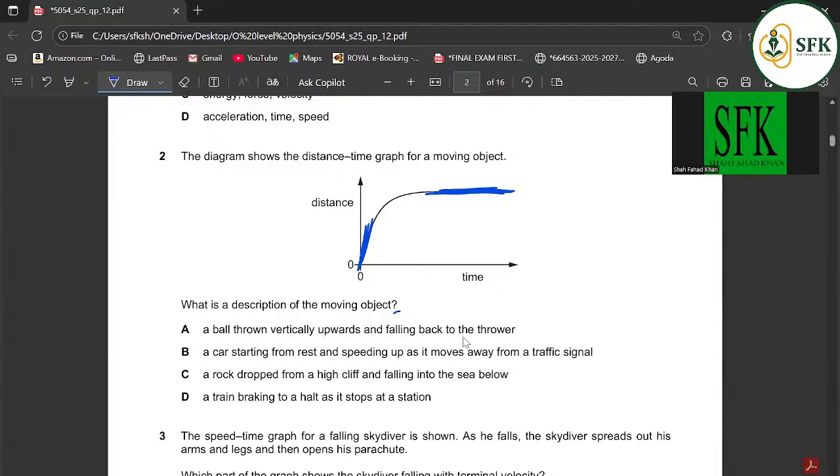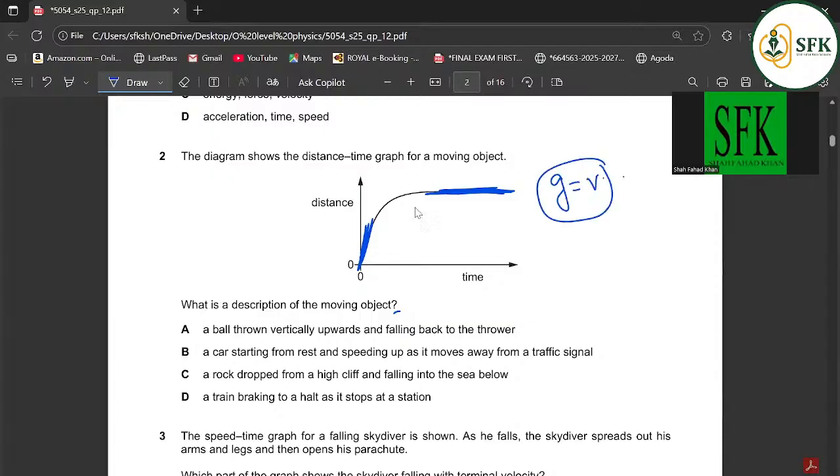A ball thrown vertically upward falls back to the thrower. A car starting from rest, speeding up as it moves. A rock dropped from a high cliff, falling into the sea below. Or a train braking to a halt as it stops. Now, see, in a displacement or distance time graph, the gradient represents velocity, and you guys can see